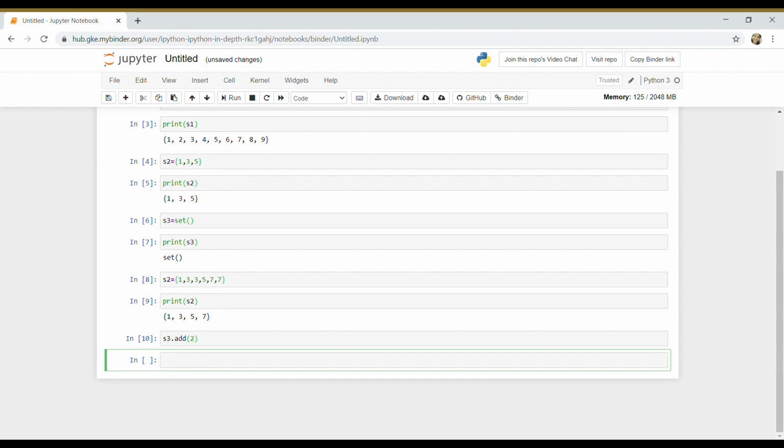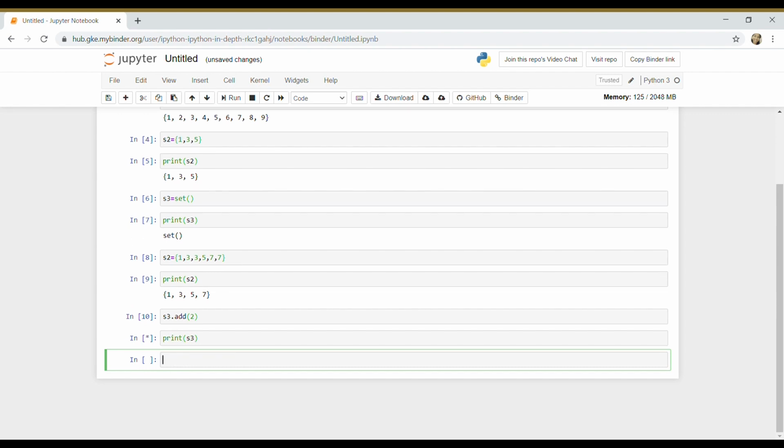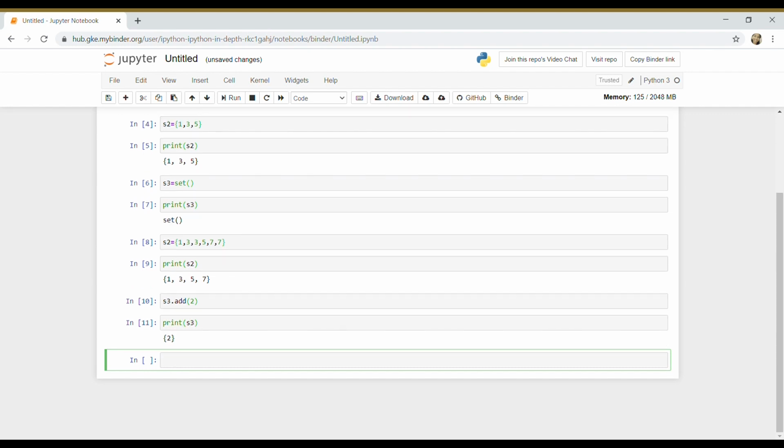Let's first try the add method to insert another value into the previously empty set S3. As you can see, the value 2 has been added to S3. The difference between add and update is that add allows insertion of a single element, while update lets you insert multiple values and even other sets in one go.